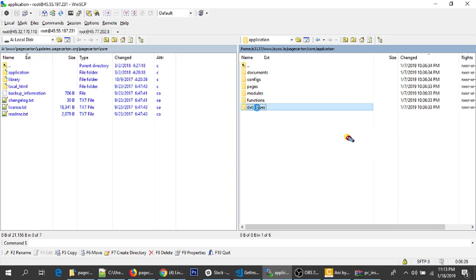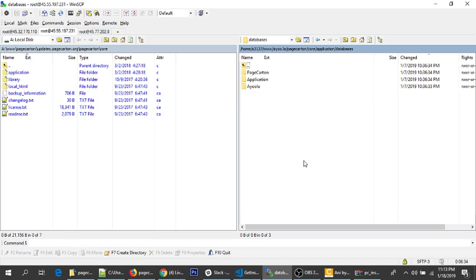Now PageCarton has an internal database system. One of the key features of PageCarton is that PageCarton does not require